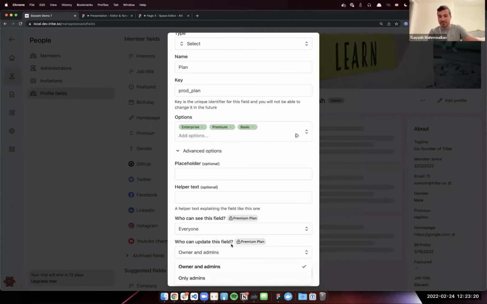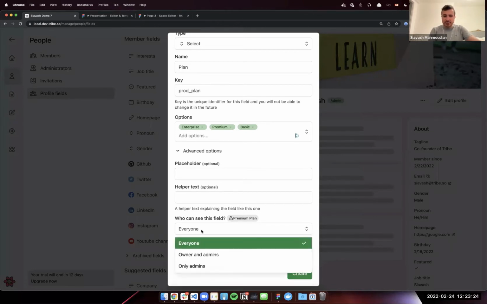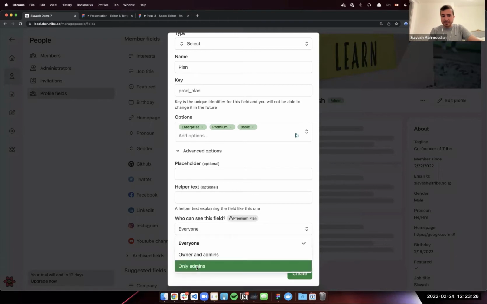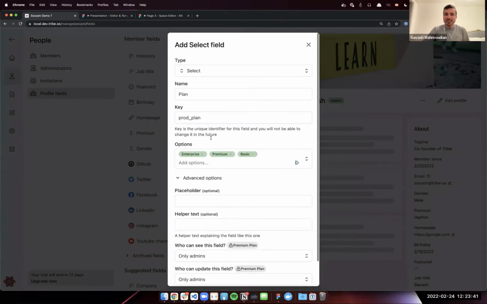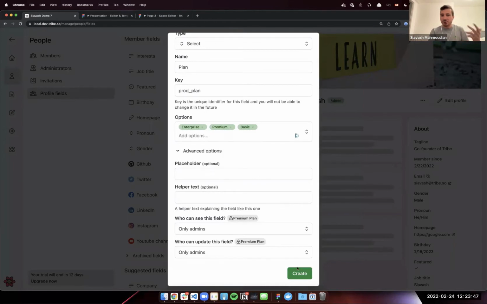So who can update these fields? In this case, I want only the admins to see this field, and I want only the admins to be able to update these fields. And actually, I want to update these from our single sign-on or from our Salesforce. And all these will be available. So you can update the custom member fields through other sources using our JWT SSO or OAuth 2 SSO.